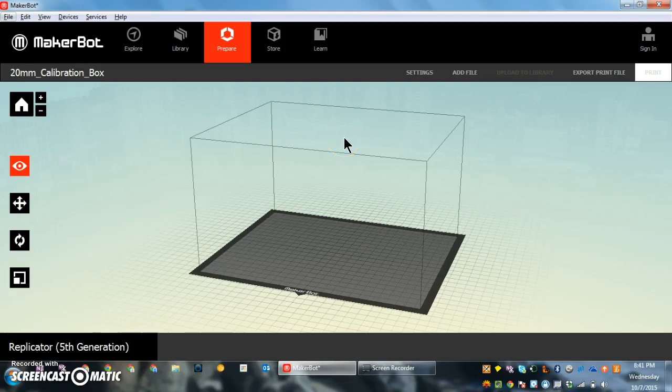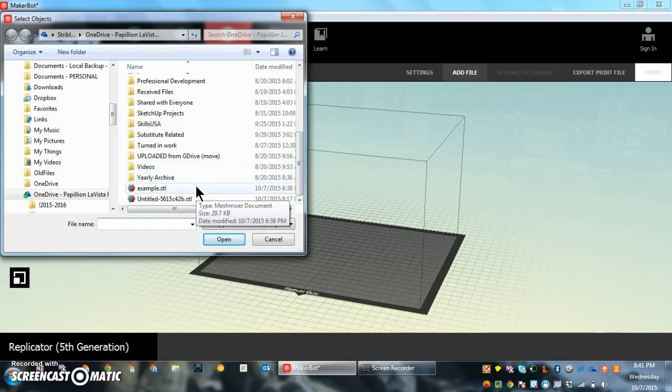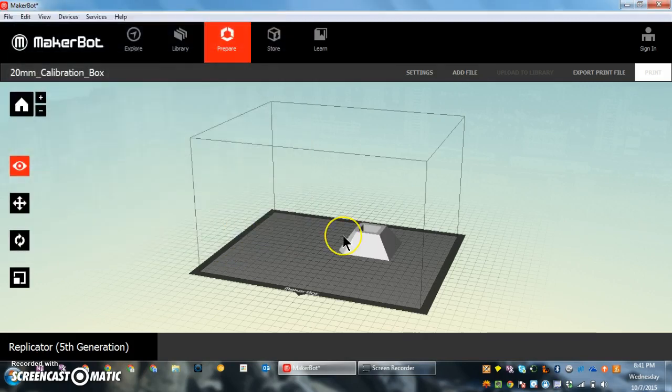This is a quick explanation of how to 3D print at school from MakerBot Desktop. Once you have MakerBot Desktop launched, you'll need to go to Prepare and add a file. You'll have to find the file that is your project. It's going to be in an STL format. There's a tutorial on how to draw appropriate for 3D printing and also one on how to export the STL